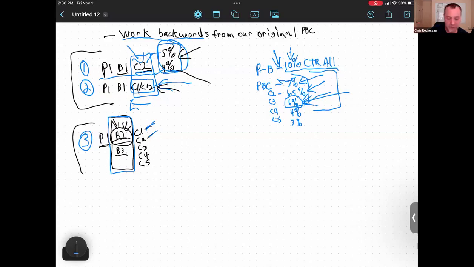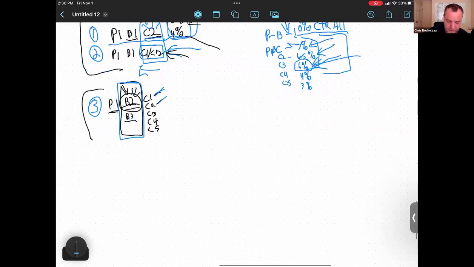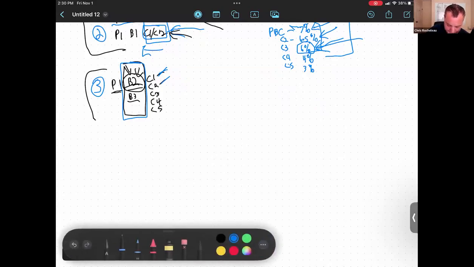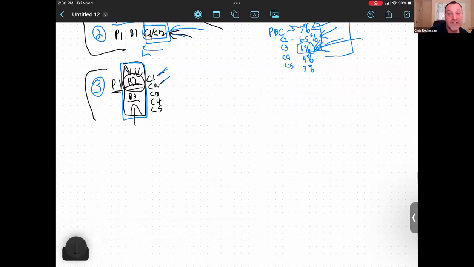I'm just working backwards. So if we continue on, and now let's say you finished out doing your benefits here, and you've tested those and all the subsequent challenges that go along with it, and you have yourself a handful of different PBCs. You see the endless amount of PBCs you can create. That's when you then go back and you say, okay, my pain test, I had a second place winner that was pretty close.